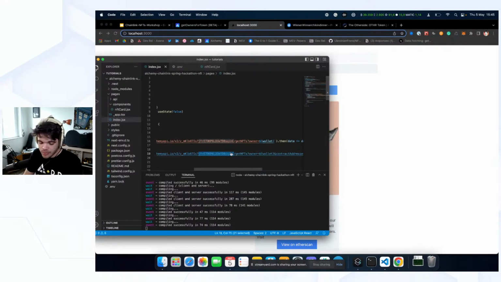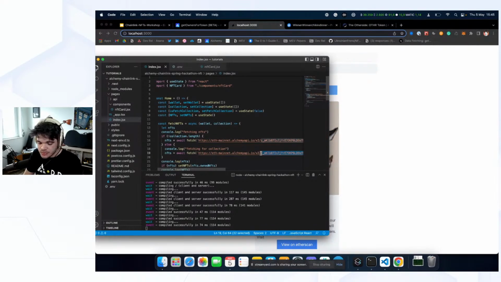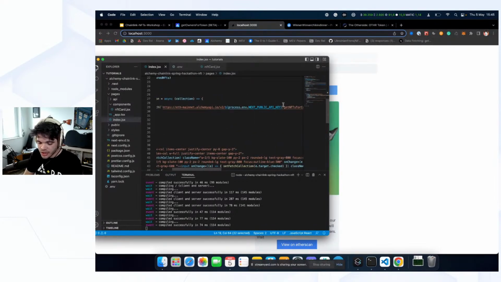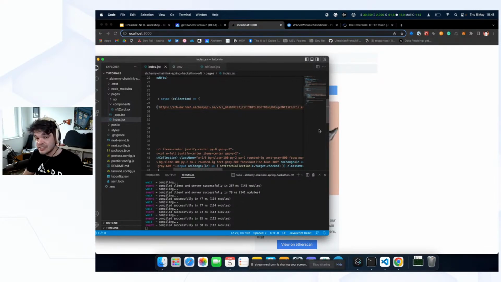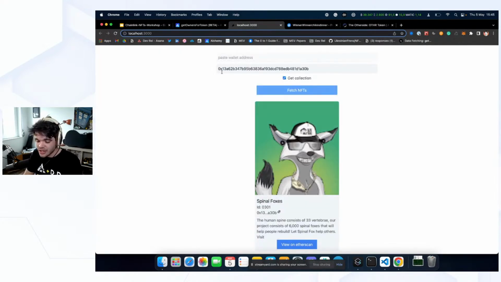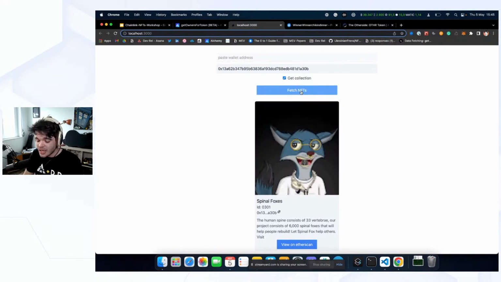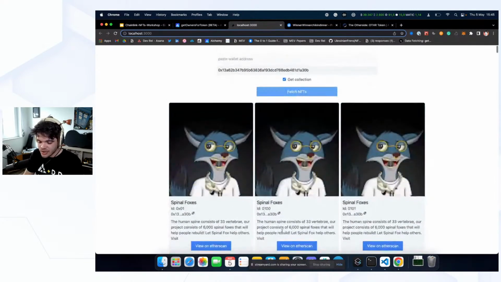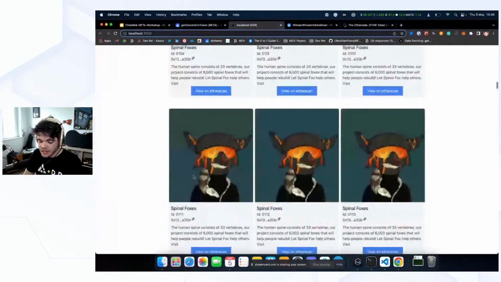So I need to grab my private key, my API key, and change also the other function. I will show you how to avoid such things, but because I didn't want to create a backend and next expose the API keys on the front end, I wanted a fancy way to actually hide my API keys, but actually we're live, so it's not working. Anyway, I can click on fetch NFTs again, now that it's working, and I can see all the NFTs belonging